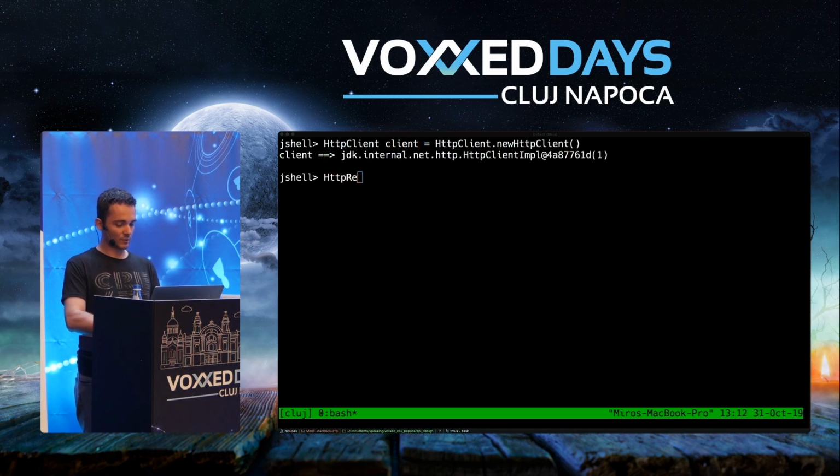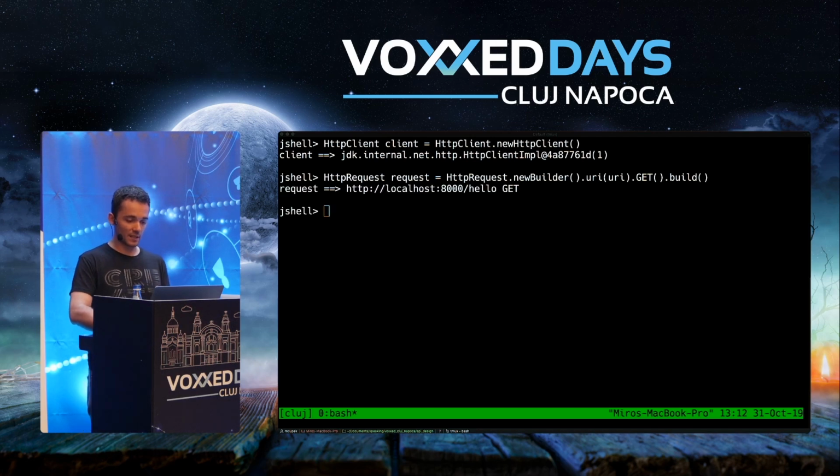Then I can construct the request. This is using the builder pattern, so I'll obtain the builder first. Let's give it a URI. I have one from before. Then I can make it a GET request, nicely as a method here, and just call build, and let's call this request. And now finally, I should be able to use the client to send the request to my